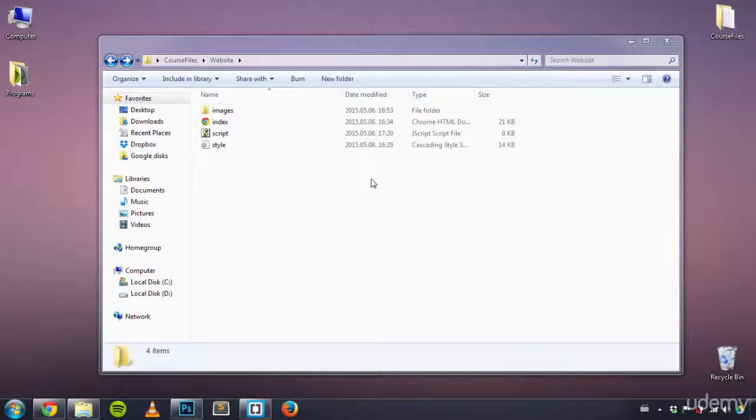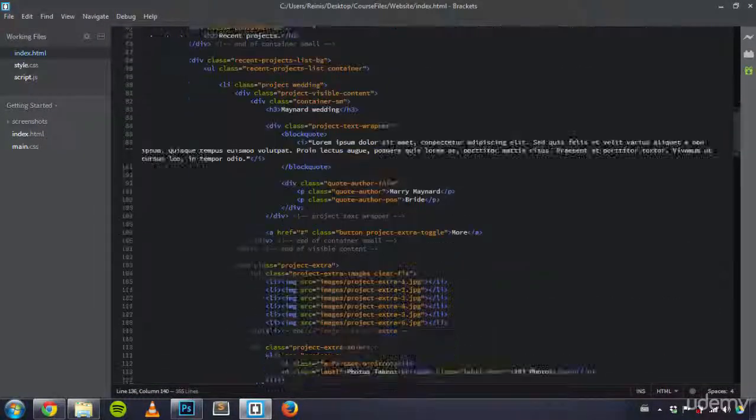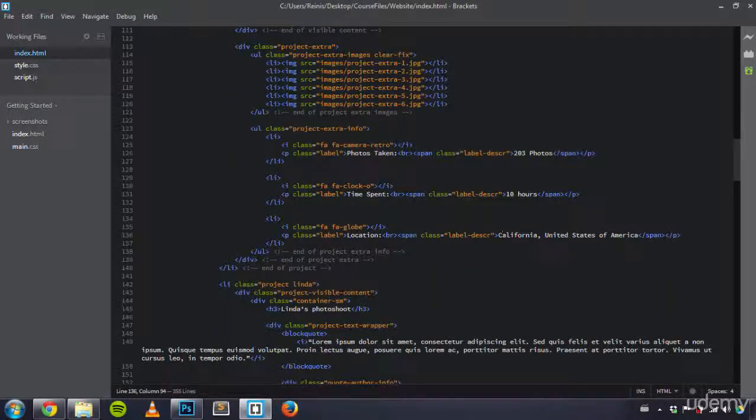Welcome to this lesson where we are going to finish the work on our media queries and actually on CSS. But before we do that, there's one more thing I would like to change in the content of our website. I had an interesting idea to change the location from just the name of the place to coordinates of that